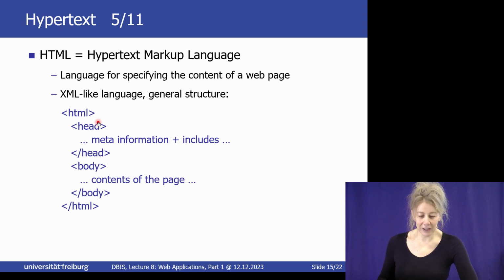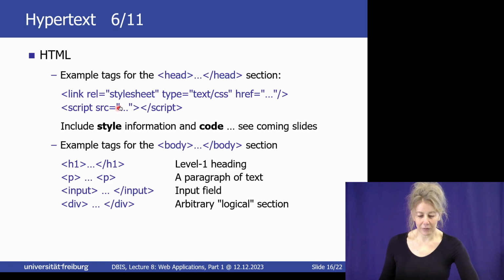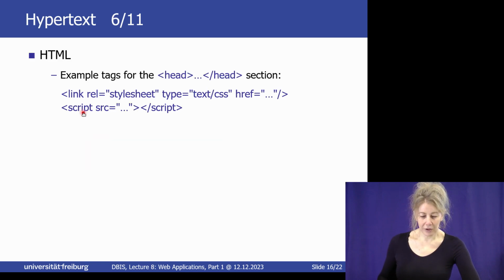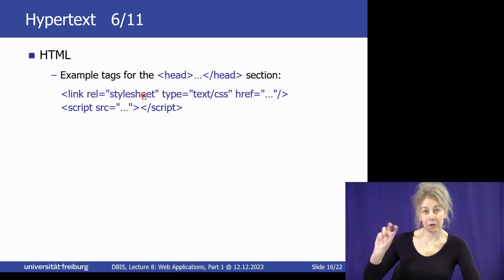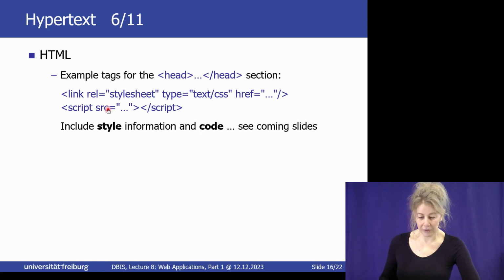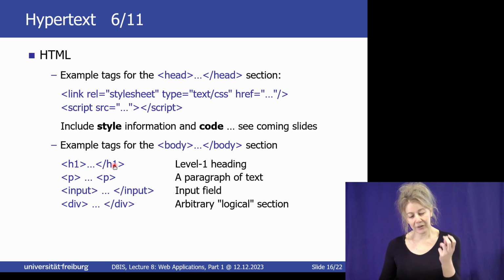And let's just write a very simple web page now. There are some basic elements. There's this head section, which has meta information, and the body is the actual contents of the page, with html all around it. In the head, you can have things like a style sheet, maybe you want to give it nice colors or fonts. Code, we will talk about that in the next lecture. And in the body section, the actual contents, you can have things like